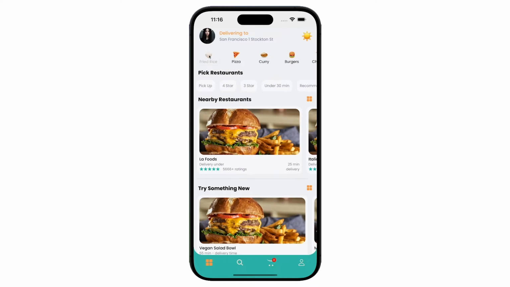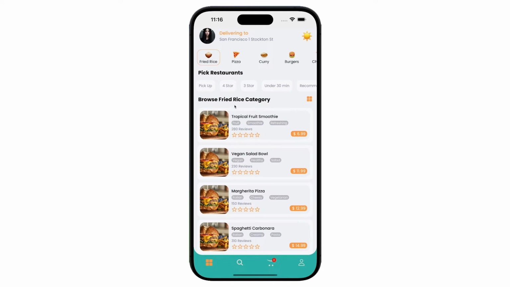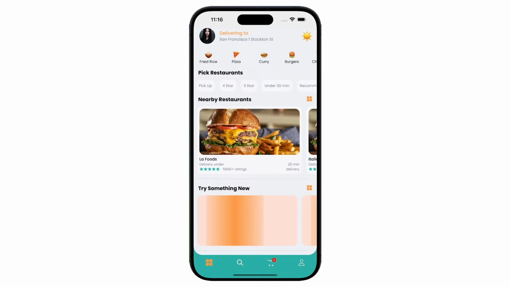So if you press on categories, our homepage changes. It will bring you the food related to the category that you clicked, and our title also changes here: Browse fried rice category. Okay, so if you click again, then